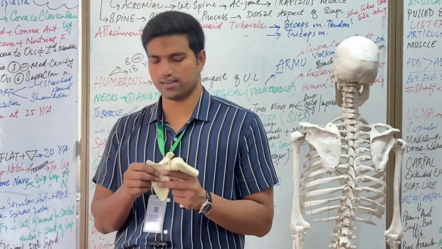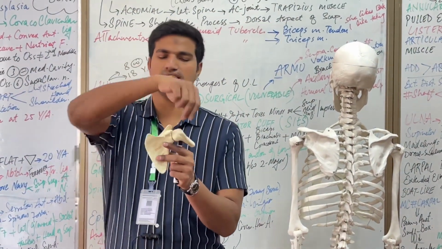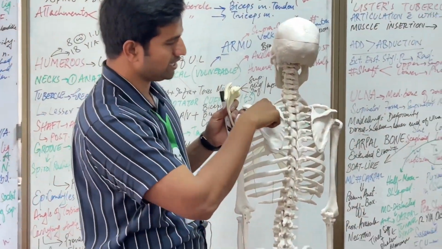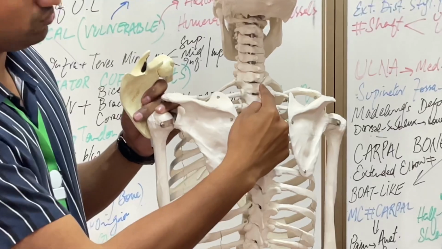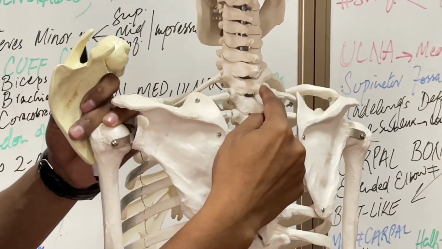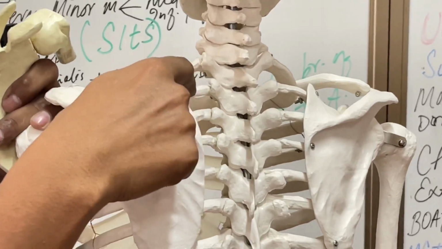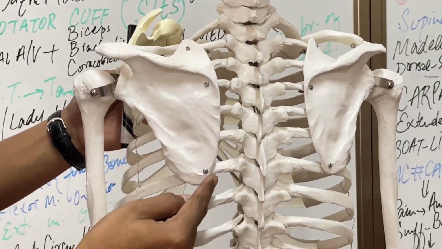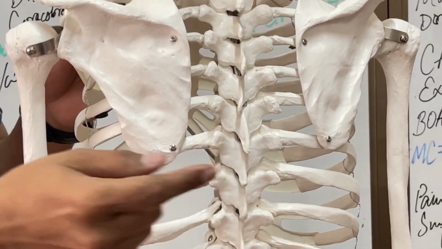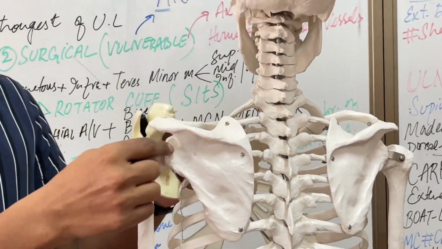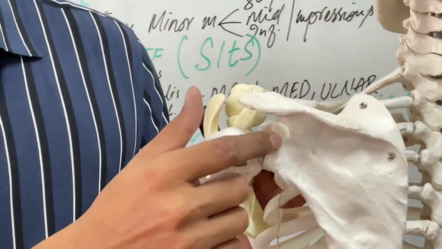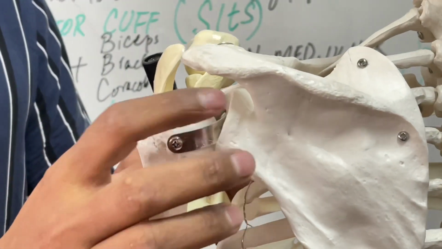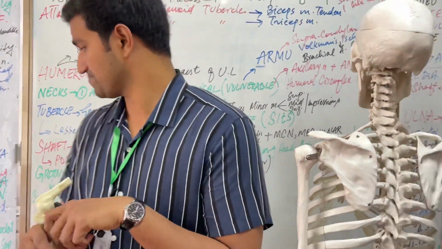Then we have talked about some angles. One is the superior angle, one is the inferior angle, one is the lateral angle. The superior angle is present at the level of the spine of T2 thoracic vertebra. You can see over here, this is the superior angle. This is the level of the T2 spinous process of the thoracic vertebra. See, this is the T2. Why? Because the second rib attaches over here. Then the inferior angle is present at the level of the T7 spinous process of the thoracic vertebra number 7. And then we have the lateral angle, that is the thickest angle, or it is called the head of the scapula. This is also called the glenoid angle. Glenoid is a Greek word, meaning socket.